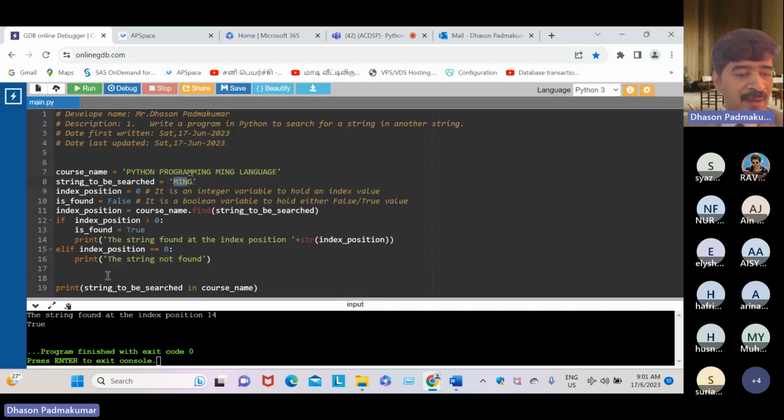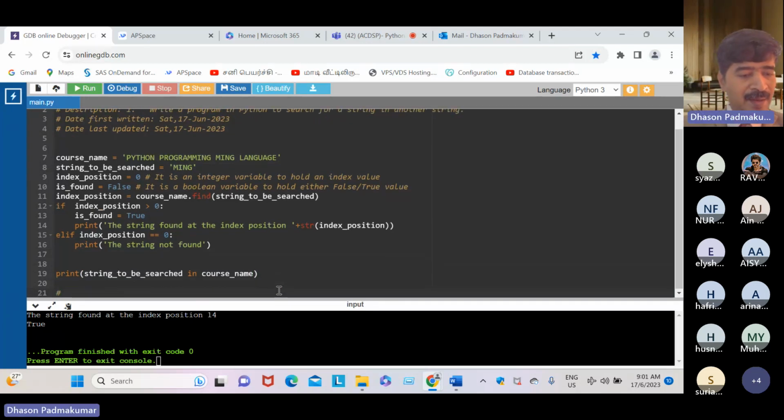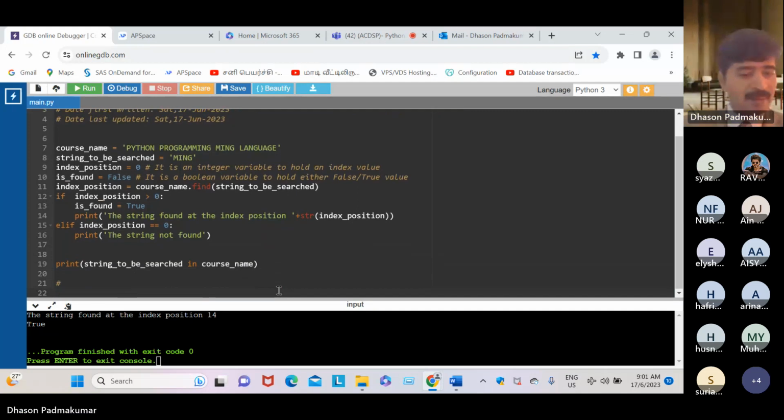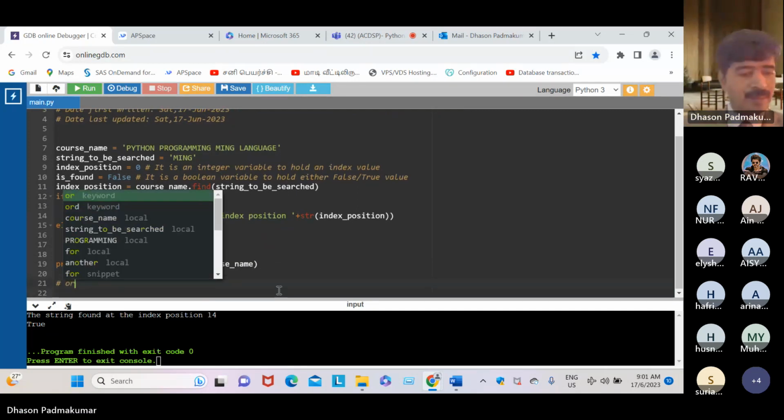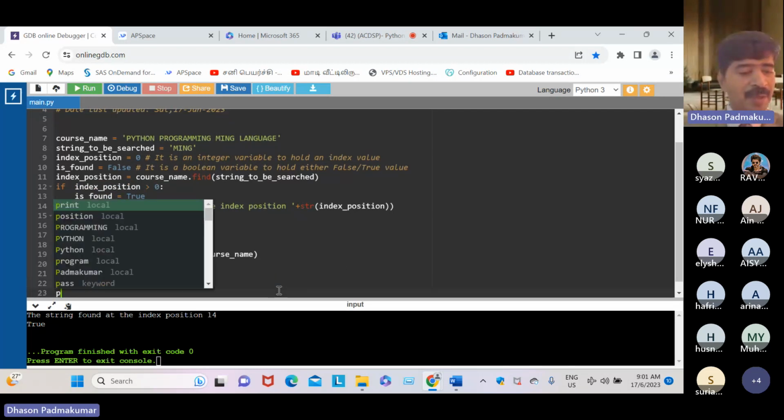Indirectly, dear student, it is exactly equal to, you may also write like this. See here, or you may write like this, dear student, print.